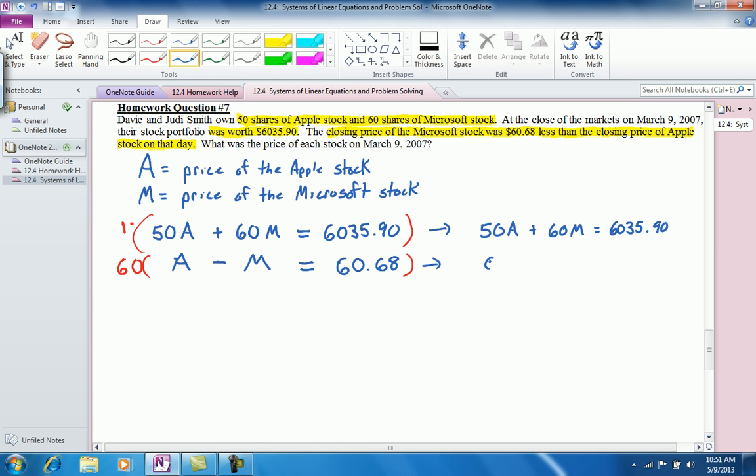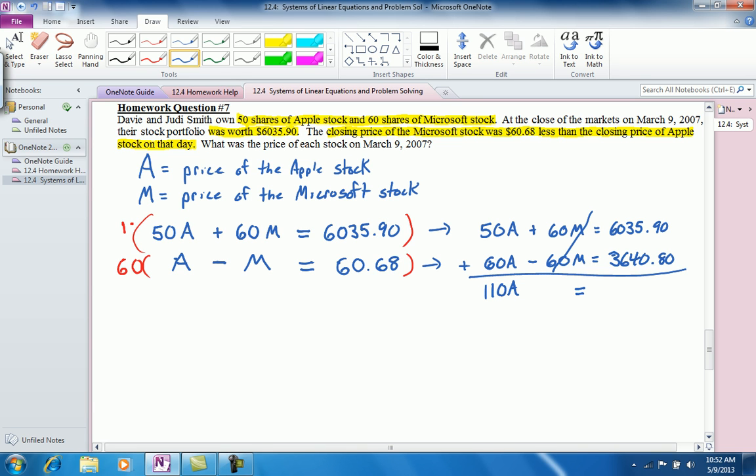That would give me 60A minus 60M. Notice how the M's will eliminate when I add. And 60 times 60.68 gives me 3,640.80. Alright, so let's add these two equations. 50A plus 60A is 110A. 60M plus negative 60M eliminates,